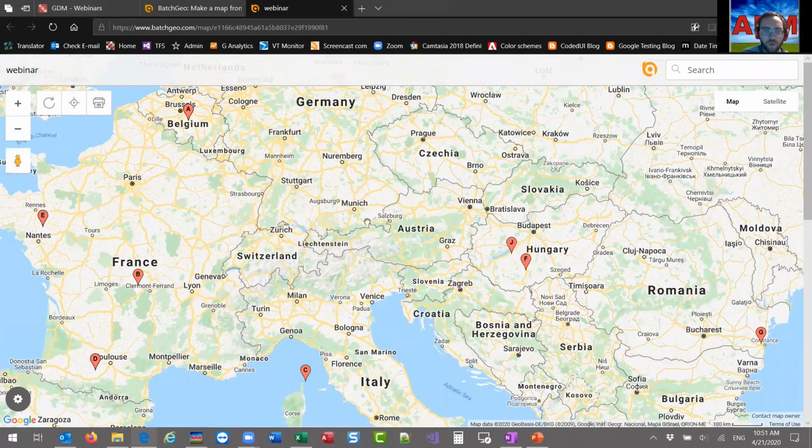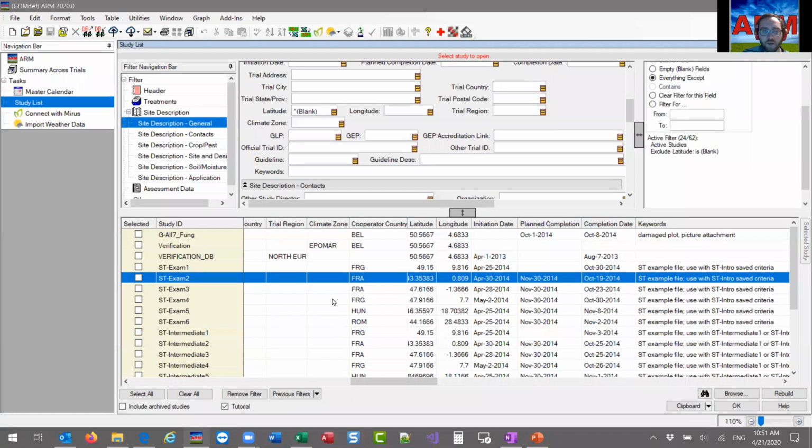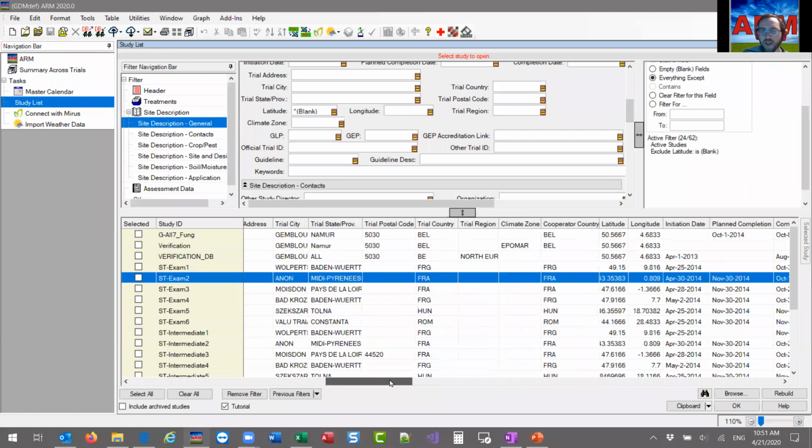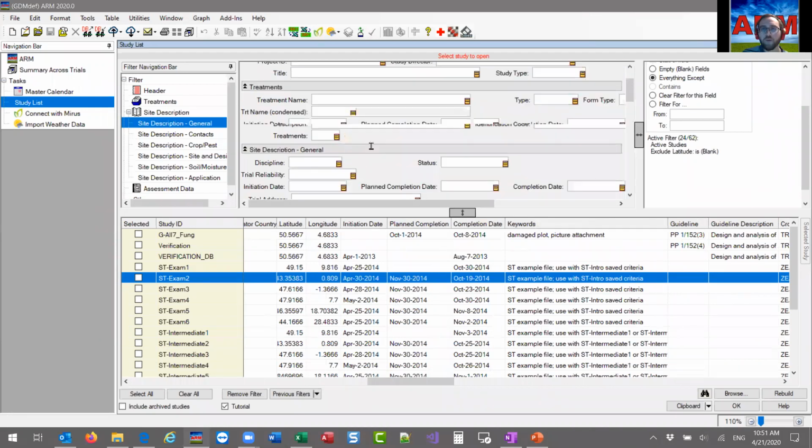So here I was pretty open with, this is just our tutorial list. So I think these were probably ones that our GDM representatives in Europe probably supplied us as examples. So that's kind of why they're all in Europe right now. But they would show up with whatever studies and locations that you have in your list. And you can take advantage of that filtering. I only filtered to take out ones that didn't have GPS coordinates,